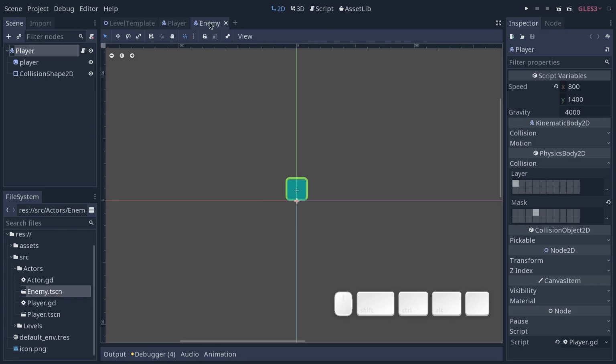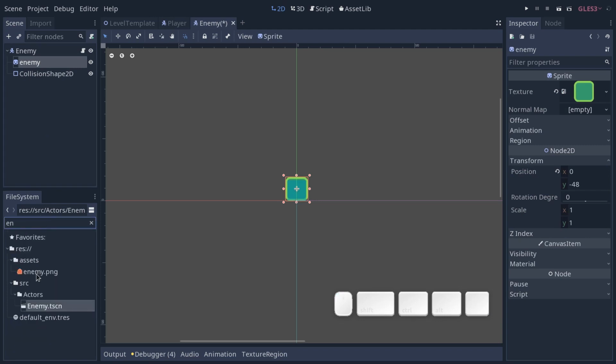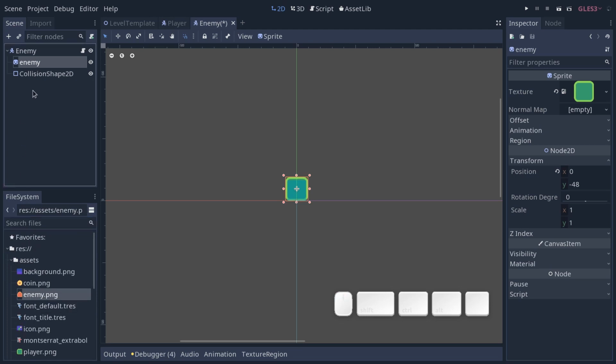Right now our enemy looks just like the player. So we're going to select the first node, call it enemy. Second node, the player sprite, we're going to call it enemy as well. And in the file system, we're going to search for our enemy. You will see in the assets folder an enemy.png file, so you can also expand the assets folder. And with the enemy sprite node selected, you can click and drag enemy.png onto the texture slot, replacing the player